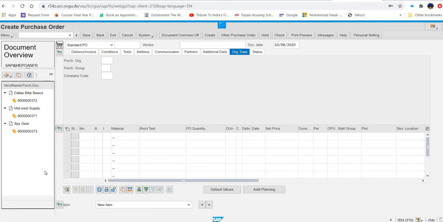As per the rule, they said go for the quotation with the lower price, and that was the first one, Midwest Supply. So you will select this document and then select here adopt.